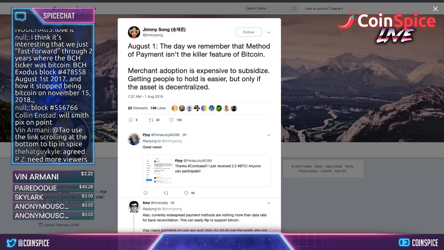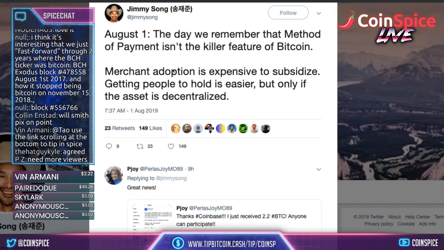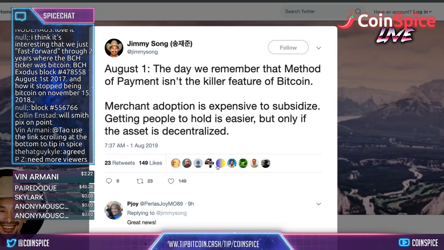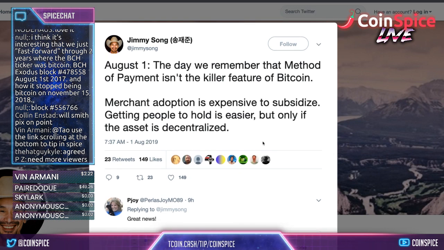So first off, we're gonna start with Jimmy Song, everyone's favorite cowboy. Because why aren't there cowboys in 2019 that are in software and decentralized cryptography? I mean, come on. So he says, August 1st, the day we remember that method of payment isn't a killer feature for Bitcoin. Merchant adoption is expensive to subsidize. Getting people to hold is easier, but only if the asset is decentralized. So what is he saying here? He's saying that